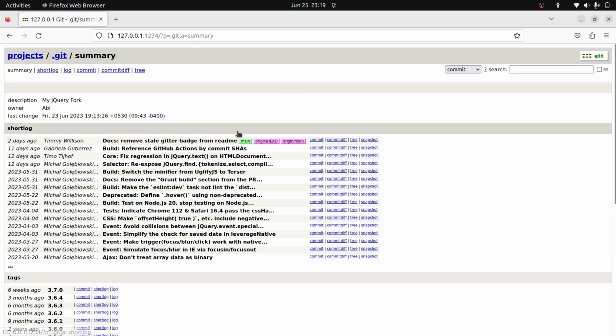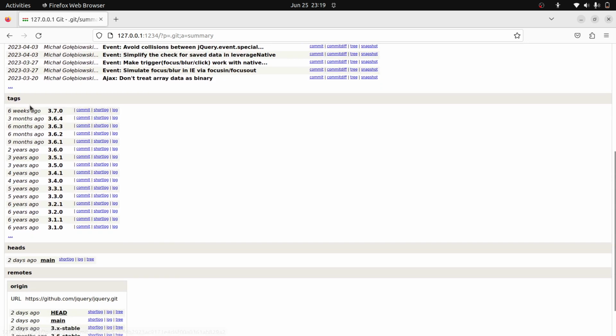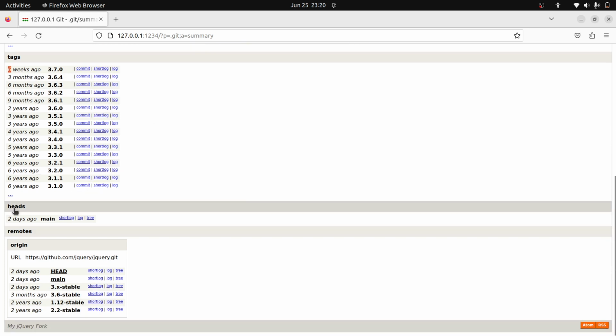Okay, now this is a summary page. You can see here the summary, and they give a short log, a bunch of log entries in short format. Then they give all the tags here, each tag and when it was published, 6 weeks ago, 3 months ago, like that. And here the head is there. Head is the current local branch. So currently only one branch, main, is there, and then it's showing the remote from where this